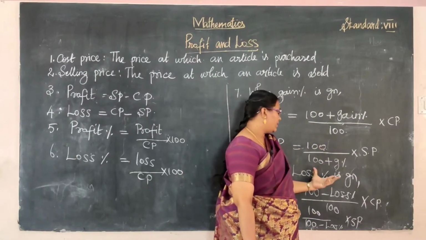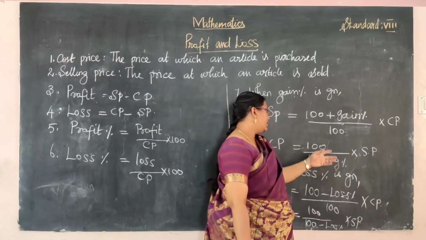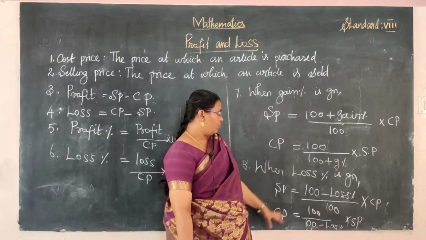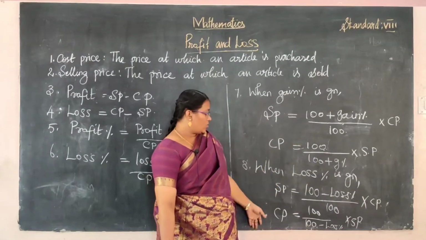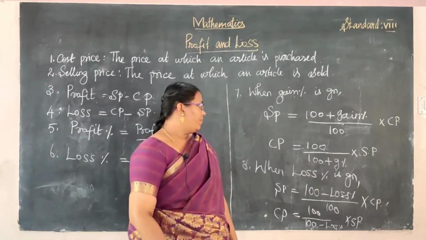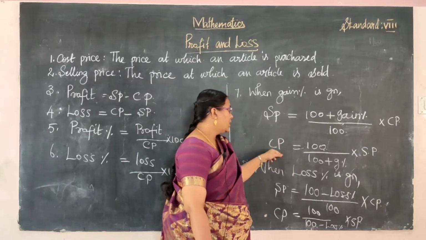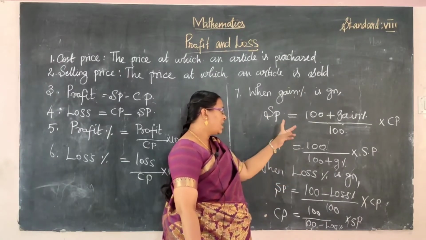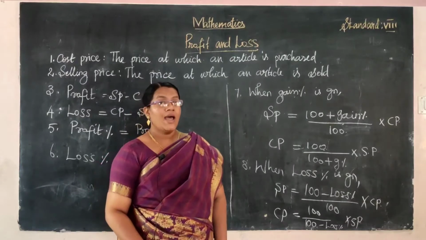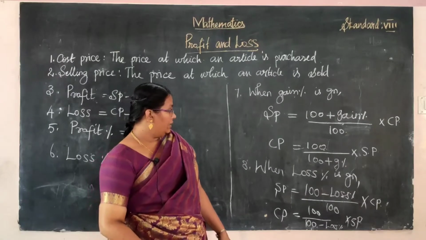So write in the reciprocal. That's it. And next, when the last percentage means the plus term changes to the minus. The same one. You have learned one formula, you can answer all this type of questions. So easily learn the selling price, and you have to find out the cost price easily. At the same time, loss means, where gain places plus, we have added the minus loss percentage, that's all. I hope you have learned now, is it?